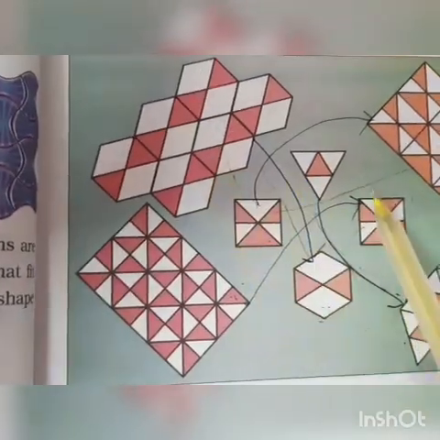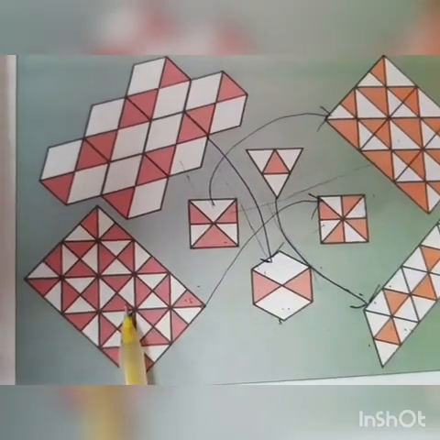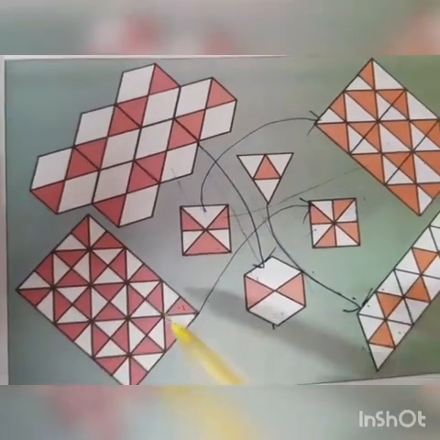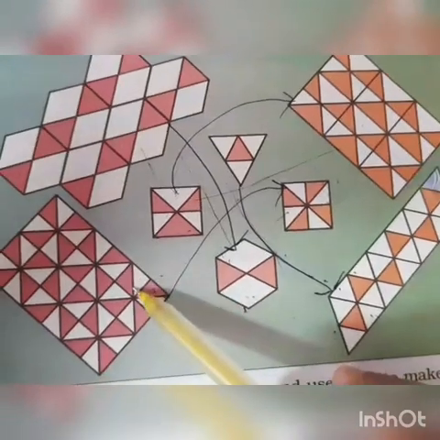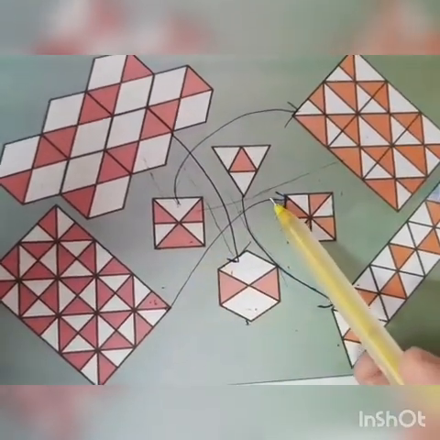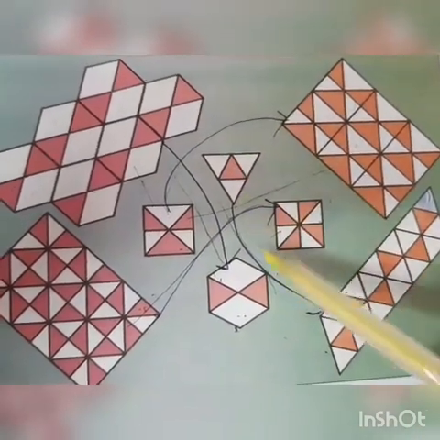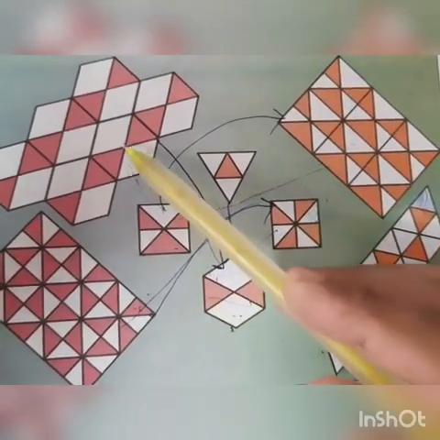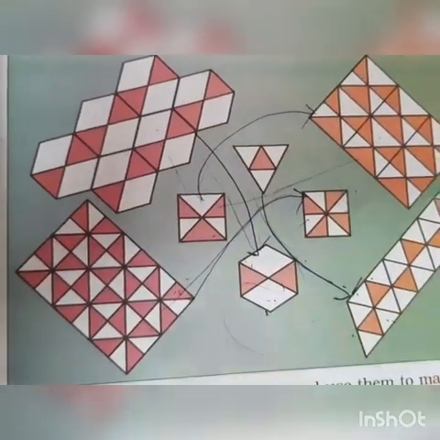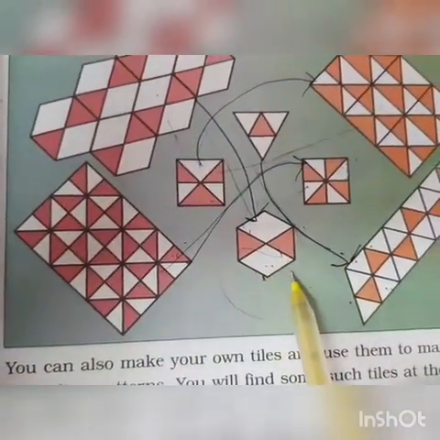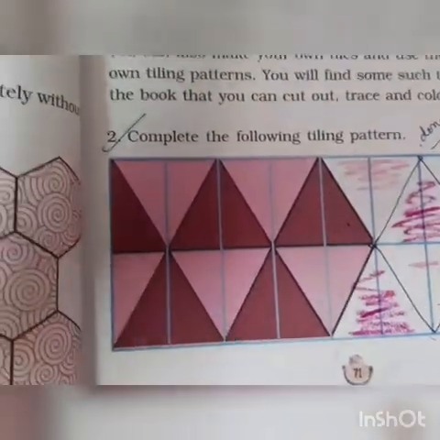As we have done in the workbook, the same matching is here also. The patterns here, you can see all the tiles are given in the same color. So you have to carefully watch the pattern of each of the tiles. Now you can see this matches with this. This one goes along with this, this triangle goes here, and this hexagon goes there. So I've done the matching as in the workbook. In the same way you have to do the matching in the textbook also. Now this we have already done last time. Now moving on to this pattern.